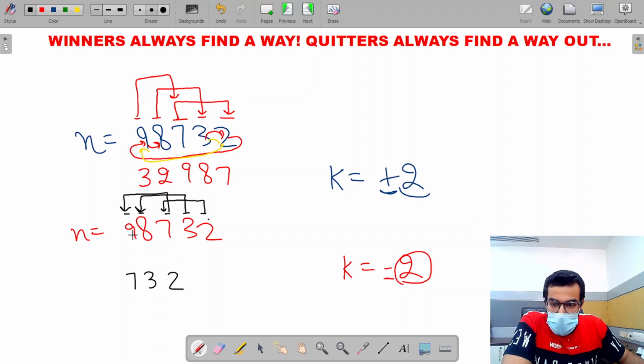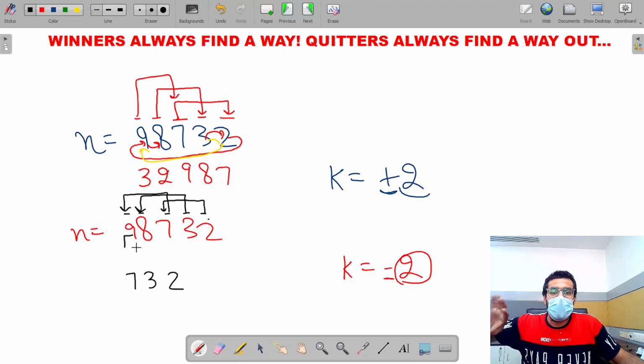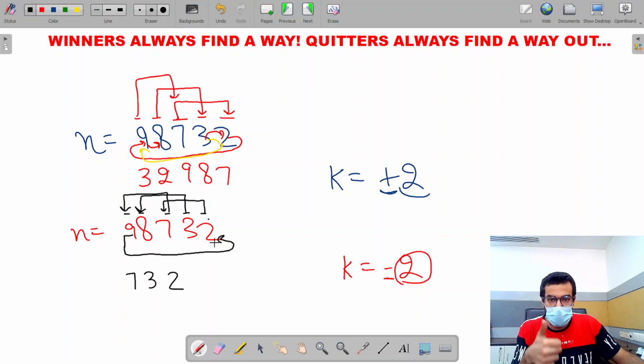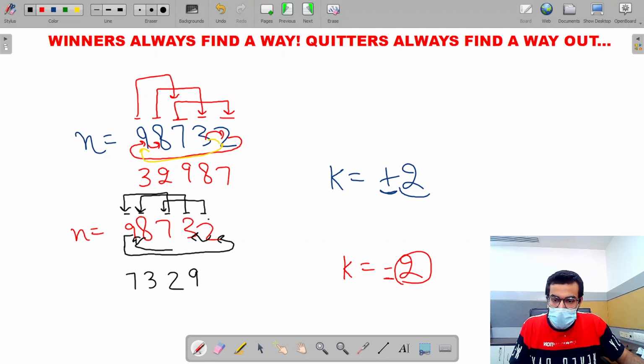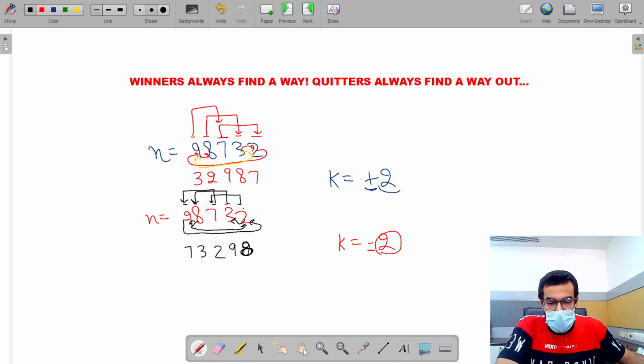And for this 9, since there is nothing on the left side to which 9 can be shifted, what it does is, it shifts to this side first. This is the first shifting, then this is the second shifting that the 9 is taking. Same as for the 8 as well. This is the first shift and this is the second shift. So 8 comes over here. I hope that you would have understood the complete question.